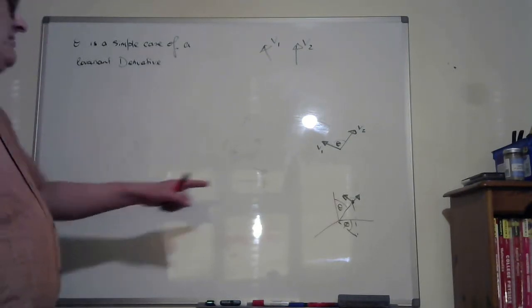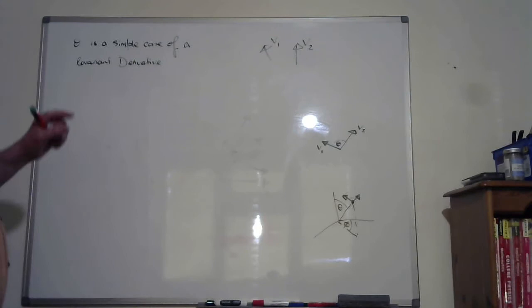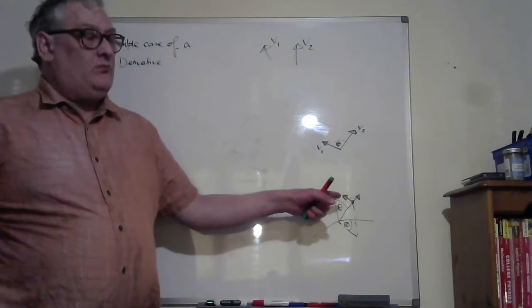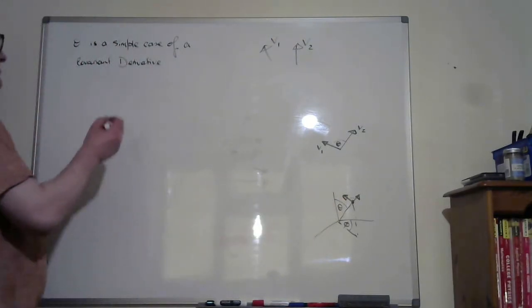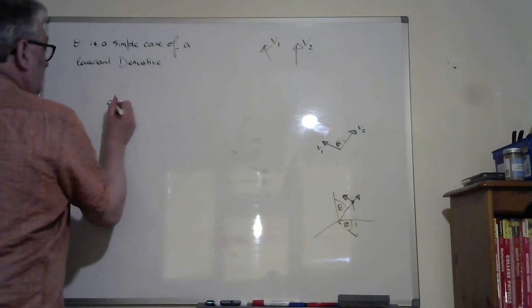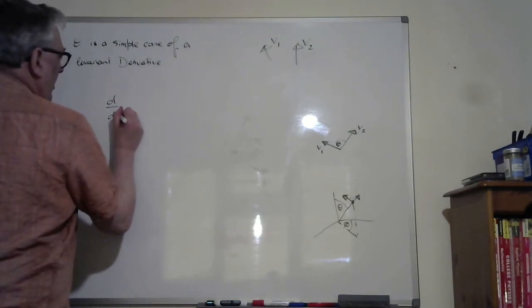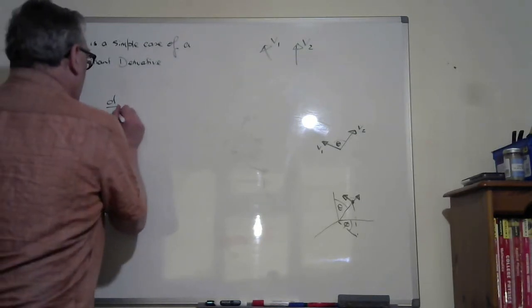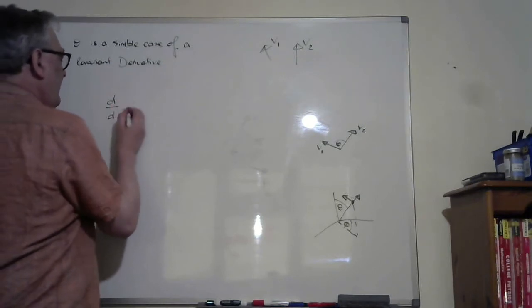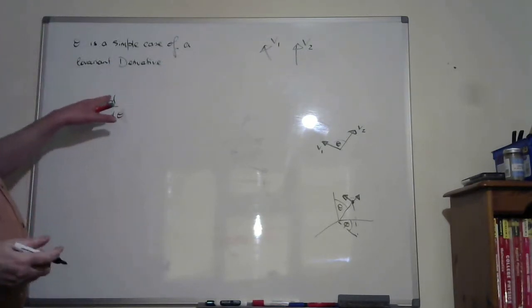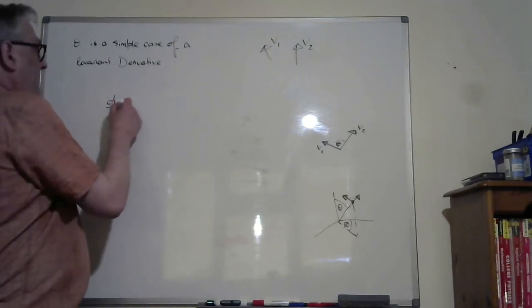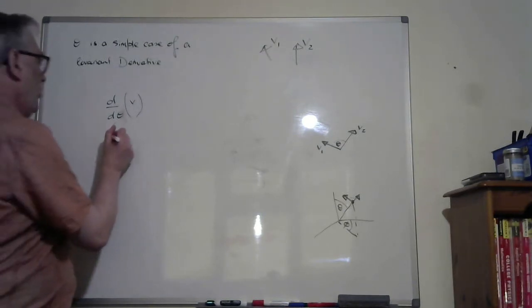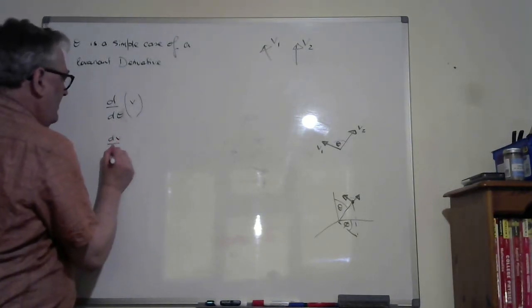I should have done. So theta is a simple case of a covariant derivative, and we normally write the covariant derivative as the derivative with respect to our independent coordinates, which we'll call lambda. So we could have actually written theta. So our velocity vector is varying with theta, and so we would write something like that, or dv by d